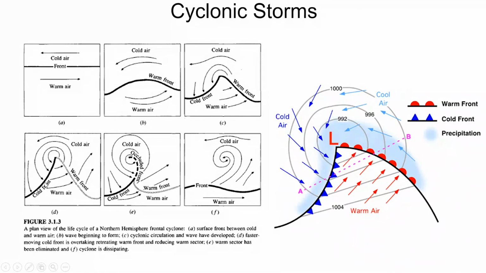And since this cold air has higher velocity, it tries to fill this low pressure region very quickly. Therefore, this cold front goes closer and closer to the warm front, and at some instant, the region between this cold front and warm front vanishes. The cold front and warm front collapse. This is called an occluded front. So you can see now when this happened, there is a complete circulation. So this is nothing but a cyclone.